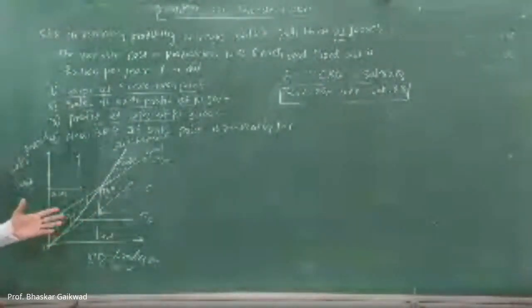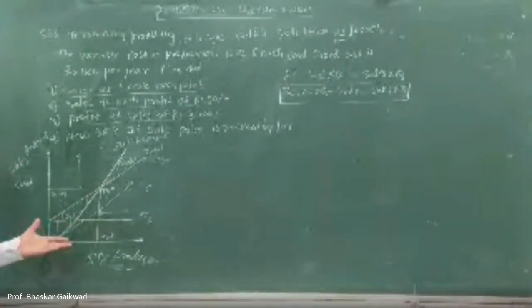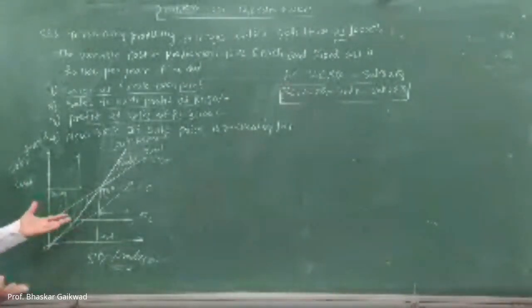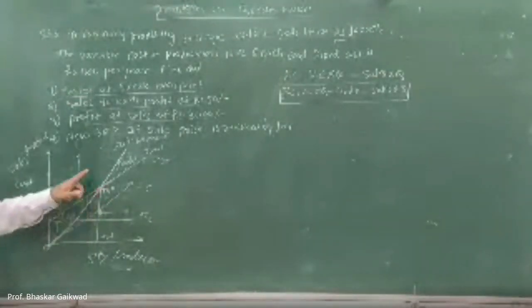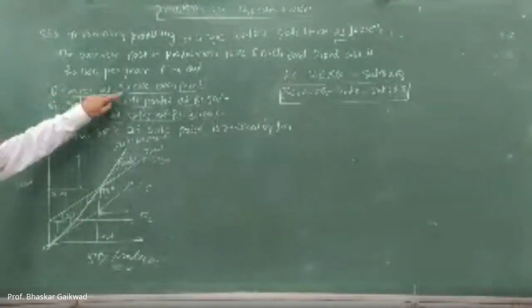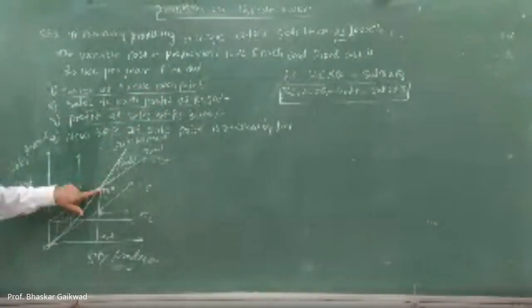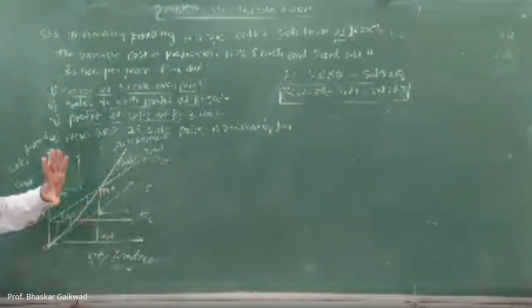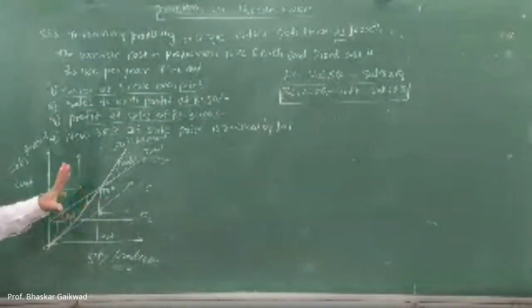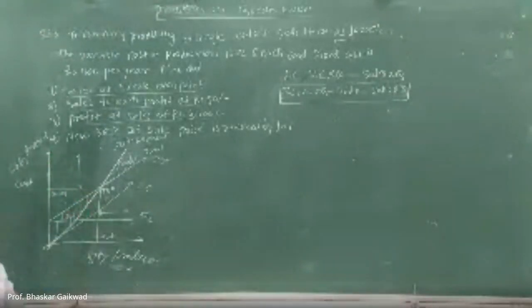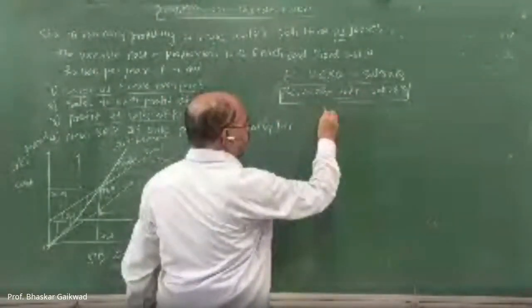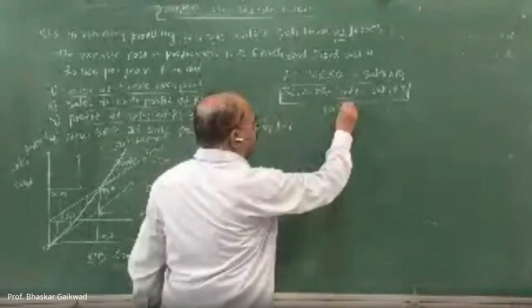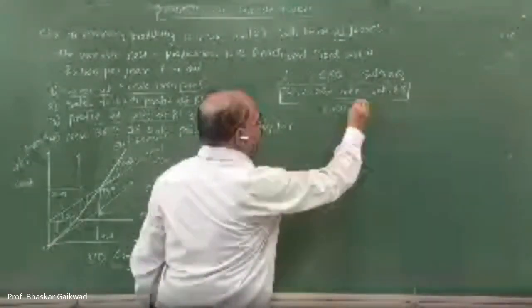At this point, no profit, no loss, as if we are just doing work for society. Nothing else is there. So you have to consider this break-even point. Sales at break-even point means here you have to calculate the sales. Profit will not be there, so profit will be zero here.